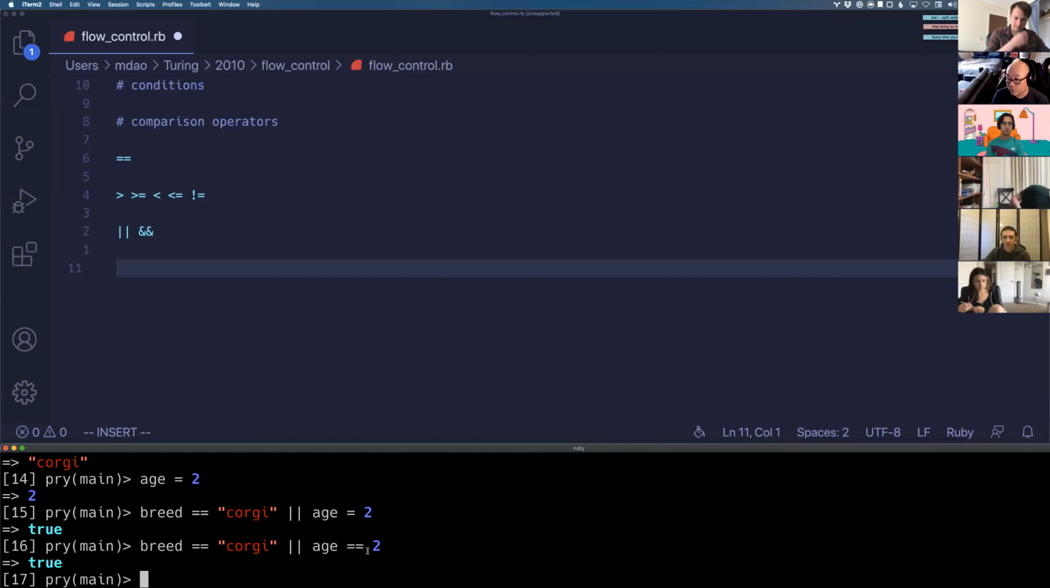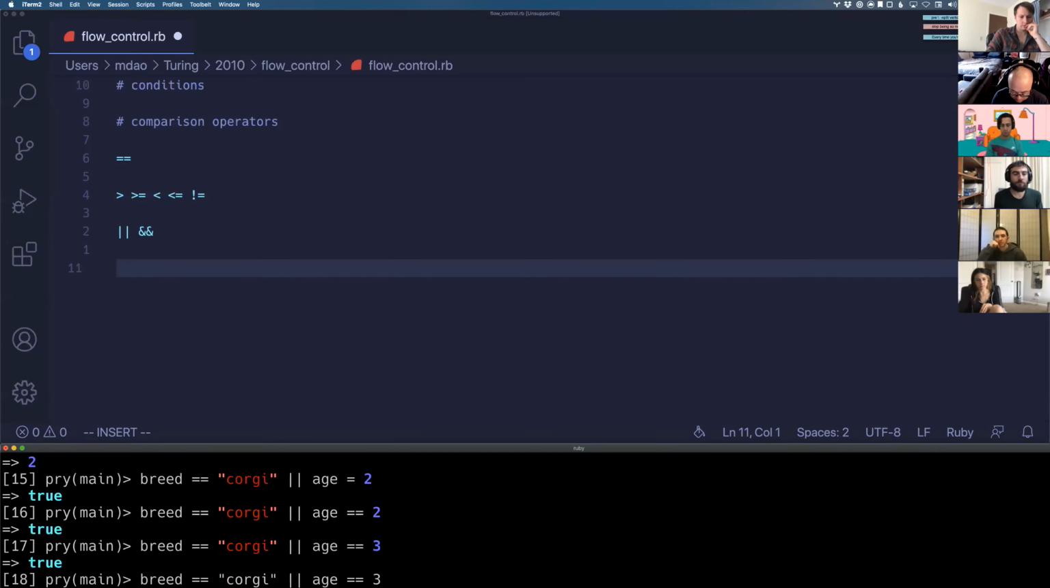The difference between the or and the and is that or requires one of them to return true. So if I change this to a 3, this will return true for me because one of them returns true. Right? And to contrast, and will only return true if both are true. So if I go like this and I change this to the double and,